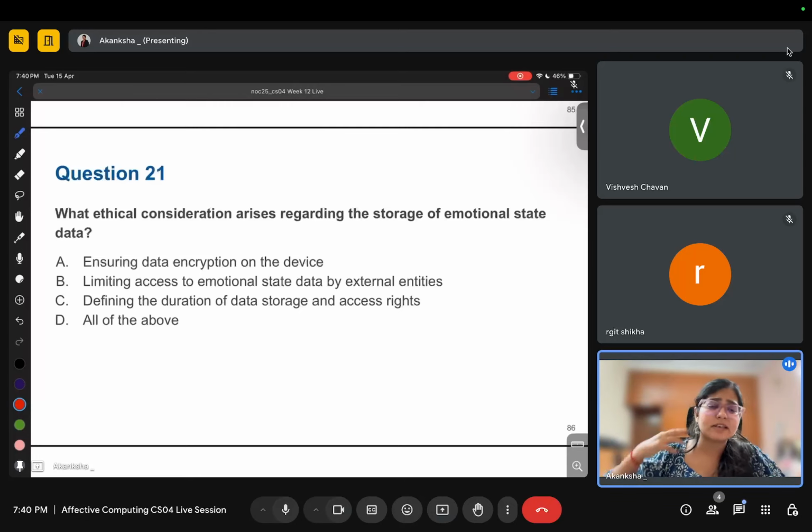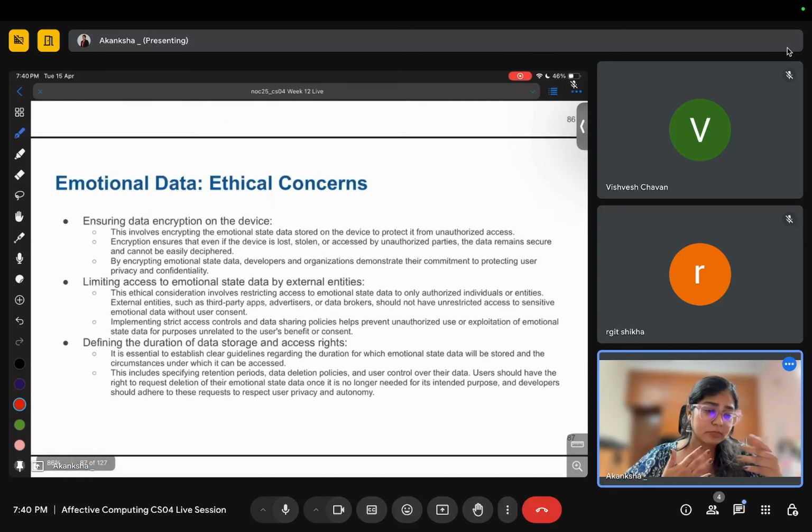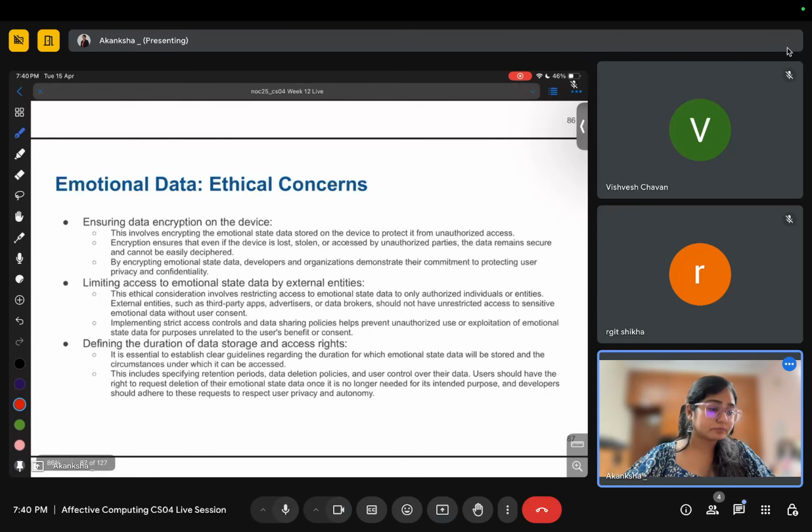Let's say my CCTV footage is there and I don't want the CCTV footage to be kept for a very long time. Okay, it is more like a privacy invasion. But then if I make sure that the CCTV footage is just for security purpose and we store it only for 1 day, after that it gets deleted, then it's fine, then I will feel better. So basically all of the above, it feels important.